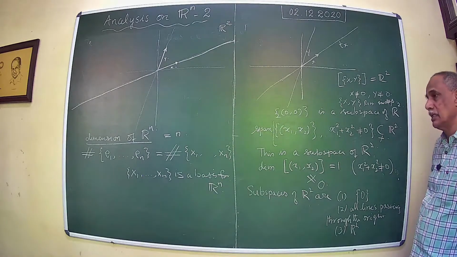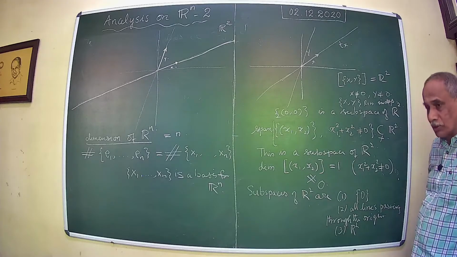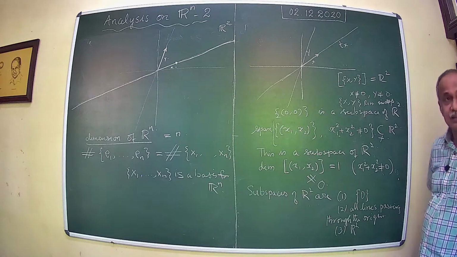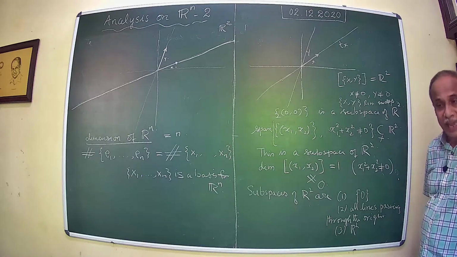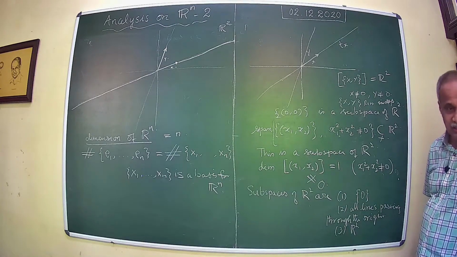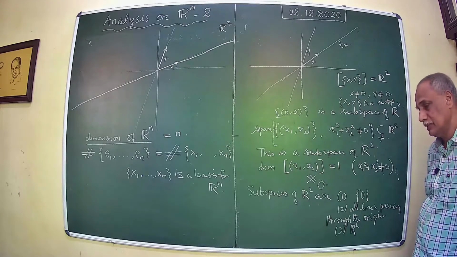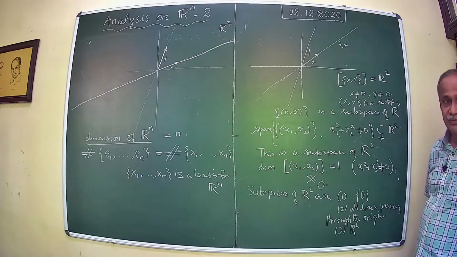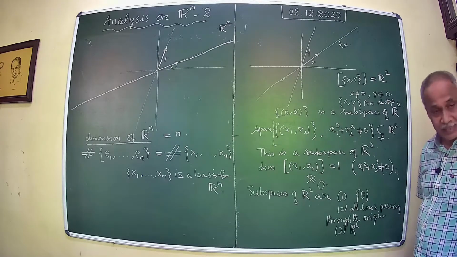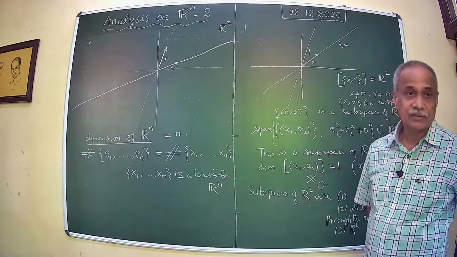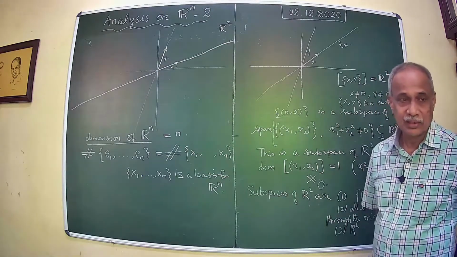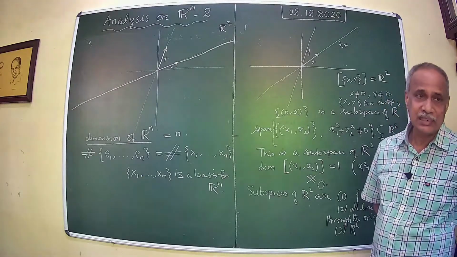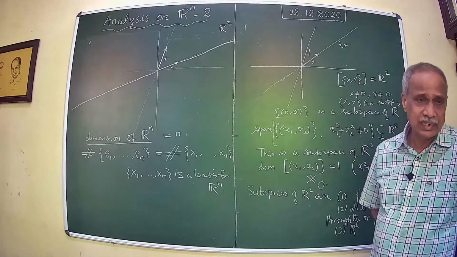Then all lines passing through the origin, which is generated by non-zero vectors. Then all planes passing through the origin, which is generated by a linearly independent pair of vectors in R3,